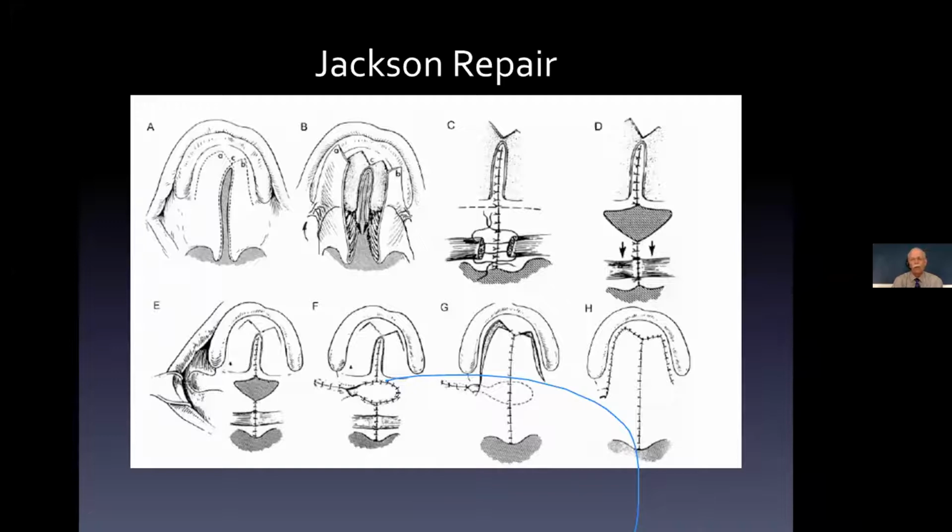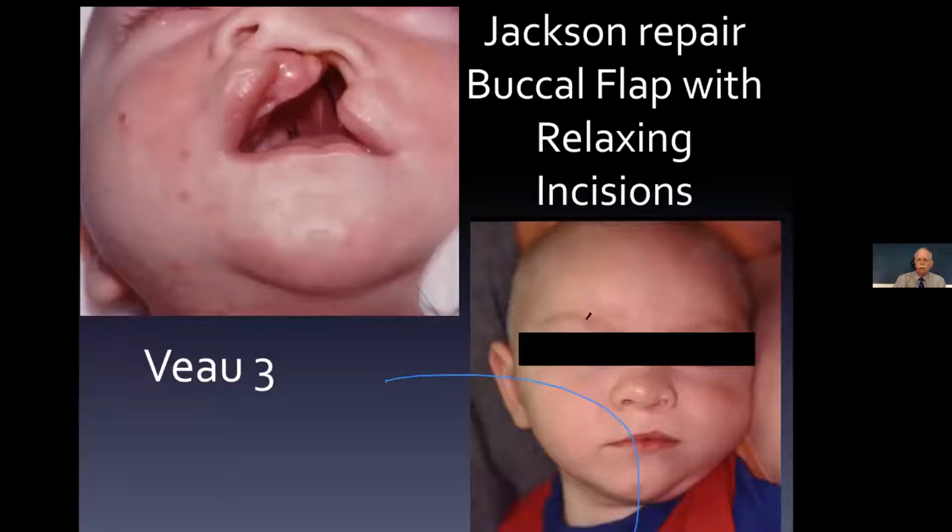It's not the answer. Dr. Ian Jackson, who many of us know, was a great friend to me. I mentored with him all the way through my residency, because I was born at the Mayo Clinic. When he was there, I would go back and visit my family, and I would watch him do surgery. I had my own mentor for many years, and when he moved to Michigan, I would stay with him and watch him do surgery. And I did a series of Jackson repairs, and this is an operation that I did,